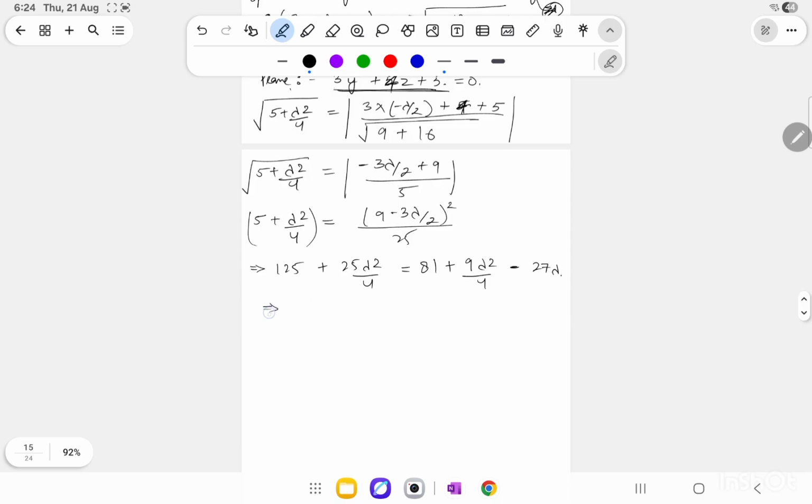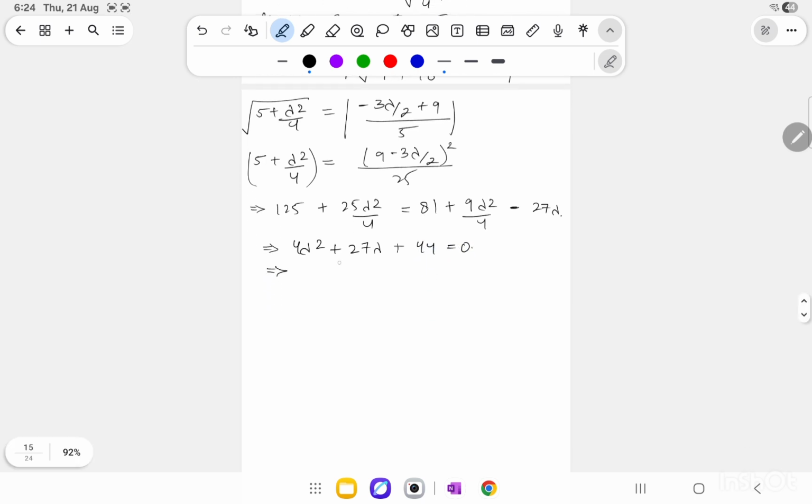And if I simplify it, I'll get 4 lambda square plus 27 lambda plus 125 minus 81, that will be 25 plus 19, 44, is equal to 0,